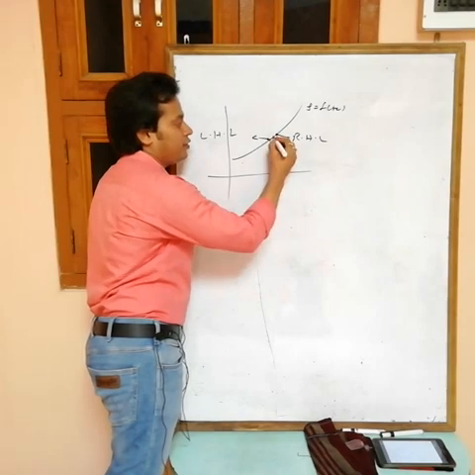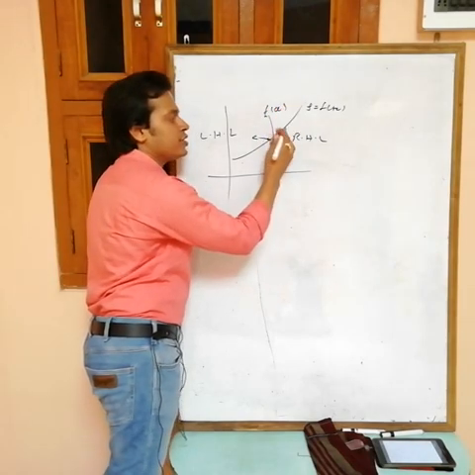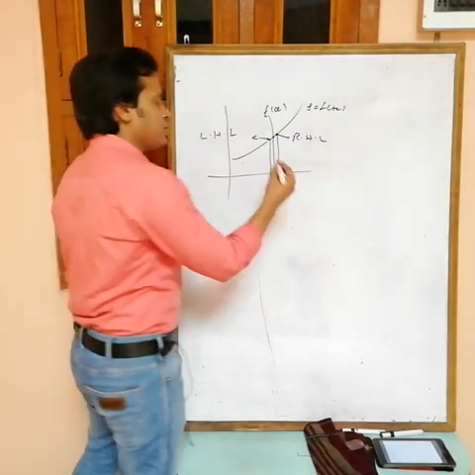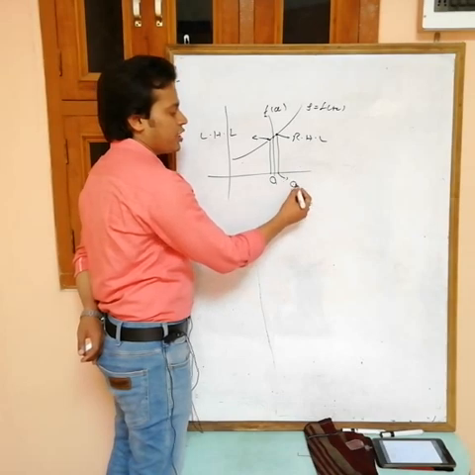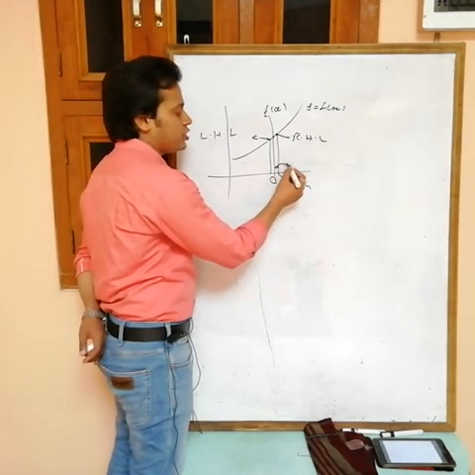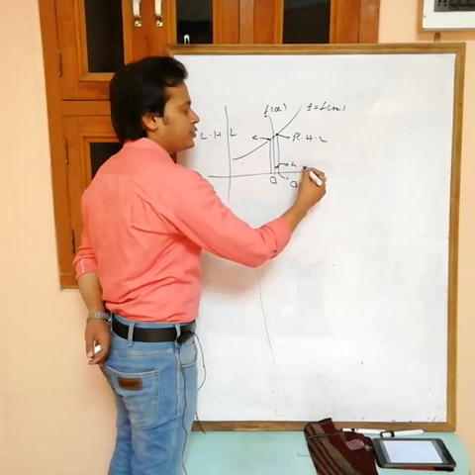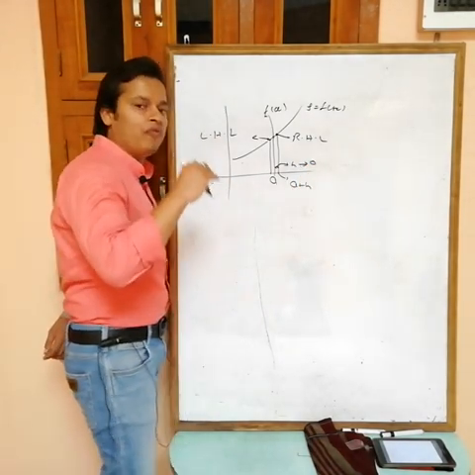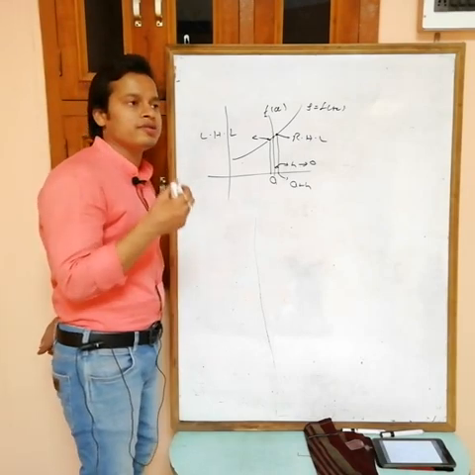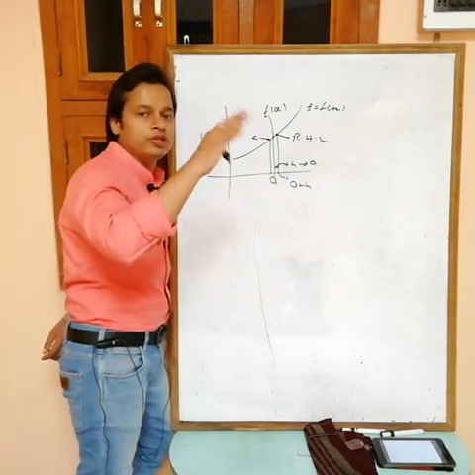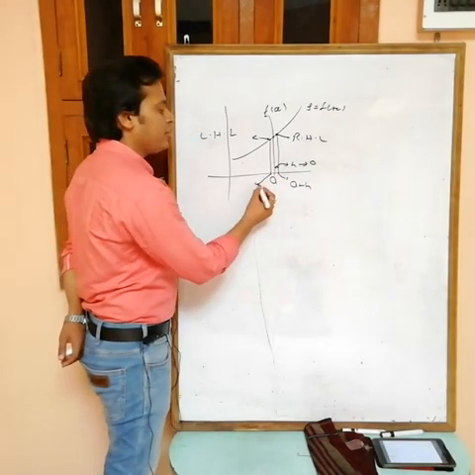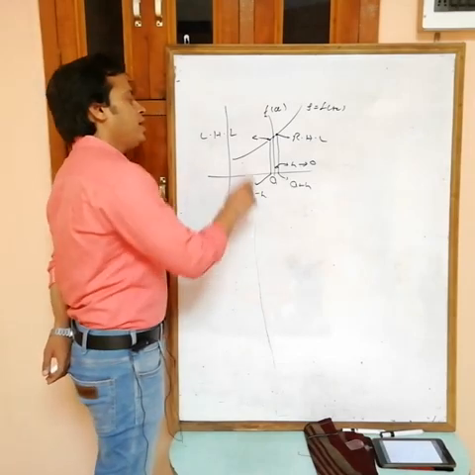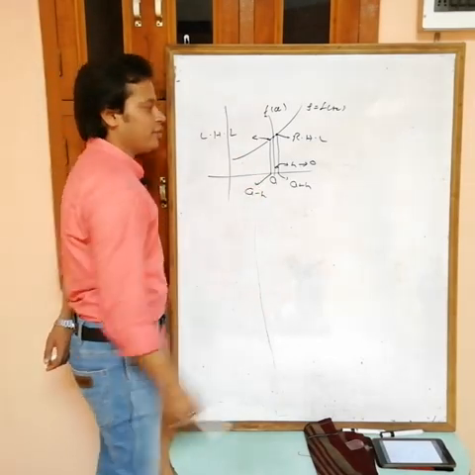So this is f(a), the just next value is RHL, the just previous value is LHL. Okay, RHL is the value of the function at this point, this is a plus h. This distance we are assuming is h, where h is tending to 0. Okay, nearly 0. h is a very small positive quantity like 0.000, with so many zeros before the 1. And similarly this point is a minus h. So RHL is the value at a plus h, LHL is the value at a minus h.